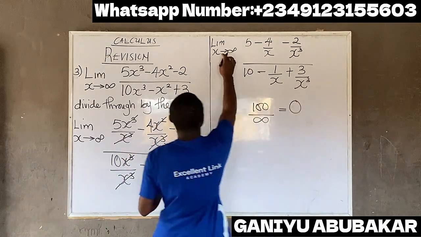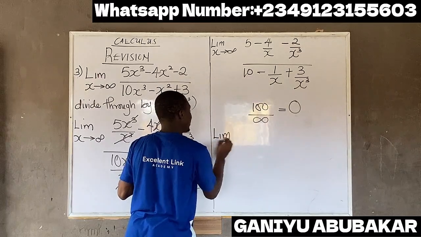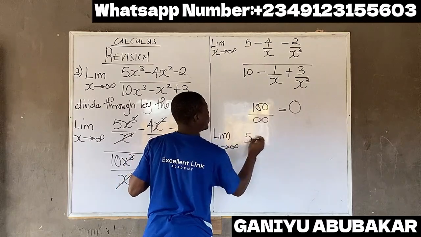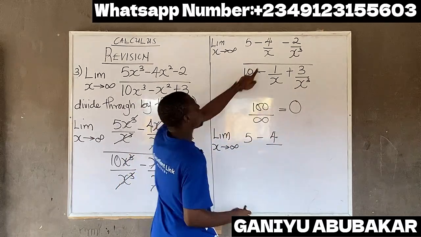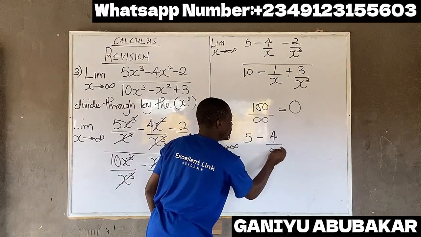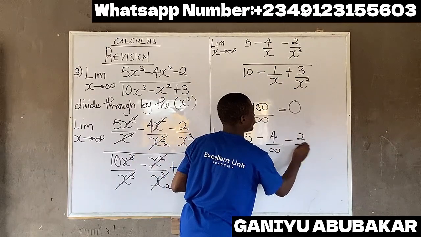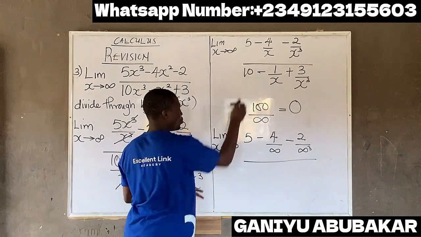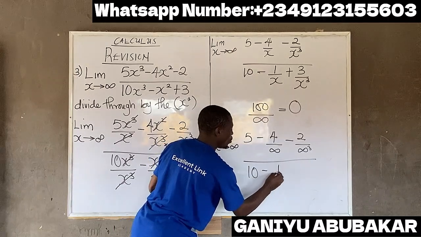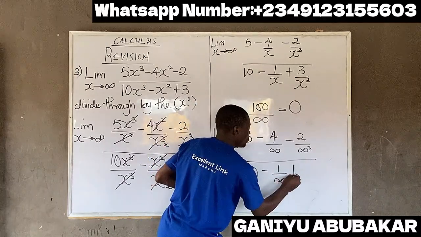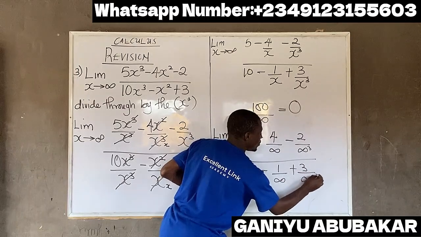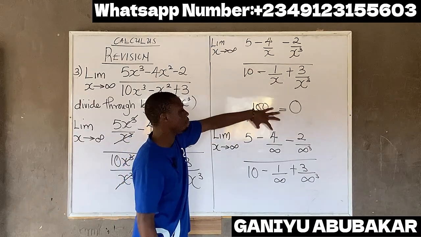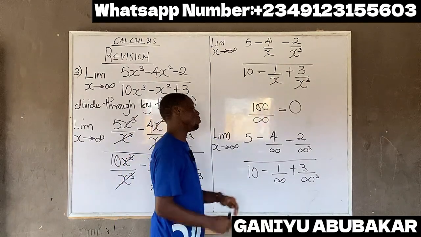That is to say, observe this please, the limit as x tends to infinity becomes 5 minus 4 over, anywhere I see x, I'll put infinity. That gives you infinity minus 2 over infinity cubed, all over 10 minus 1 over infinity plus 3 over infinity cubed. Please, I said earlier, any number over infinity gives you 0. It means that